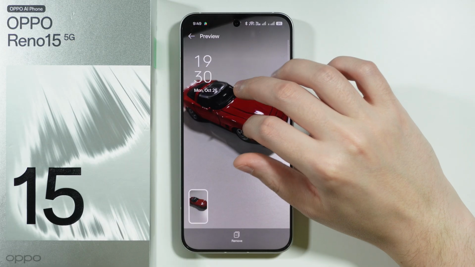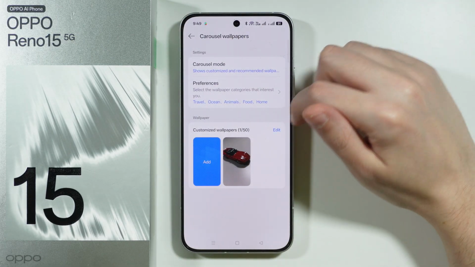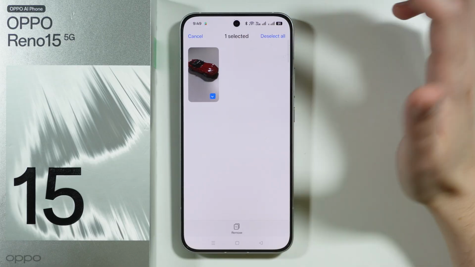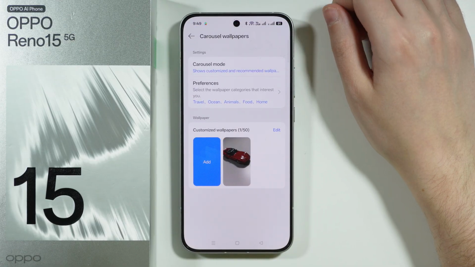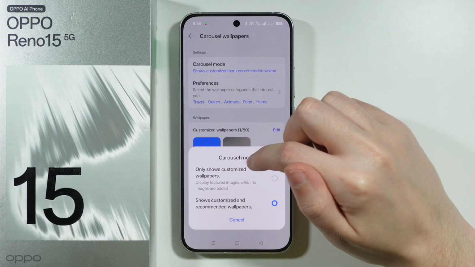Or actually we cannot really adjust it, unfortunately, but we can remove the selected wallpaper, or you can tap on edit over here in order to also select a wallpaper and remove it. And also you have the carousel mode, so you can, for example, choose to show only customized wallpapers, so only